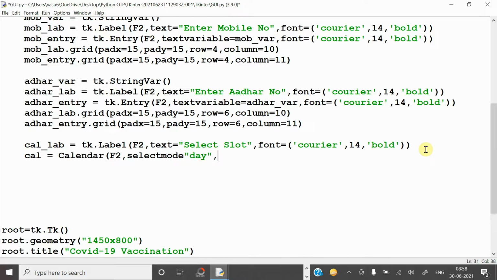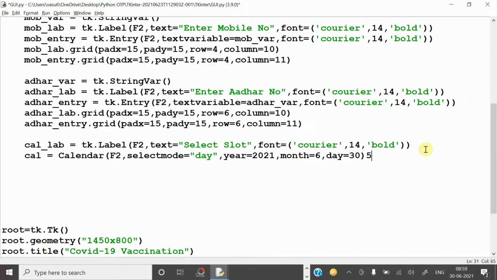Now by default you have to set one day, month and year in the calendar, so that by default it will be selected. So here I am giving year equal to 2021, month equal to 6, day equal to, I have given 30. Like this you can fix this.